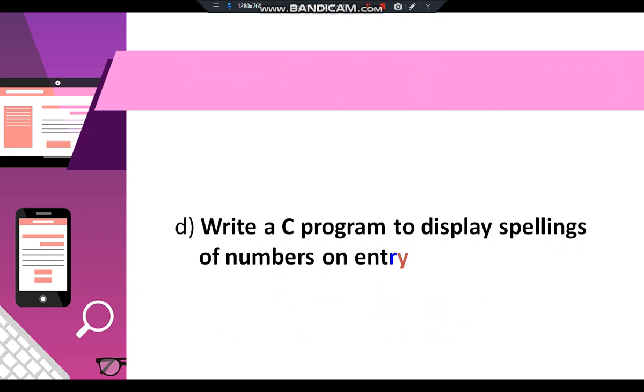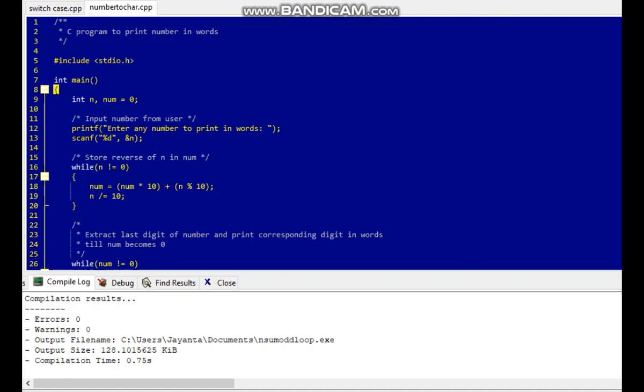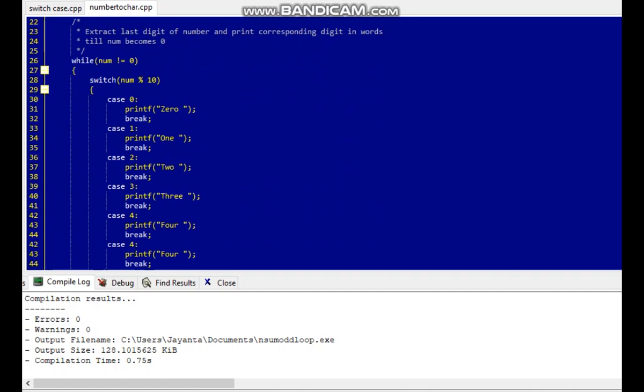So our first program is write a C program to display spellings of numbers on entry. To solve the problem to print number in words, or the spelling should be shown of any number, I have used switch case statement.